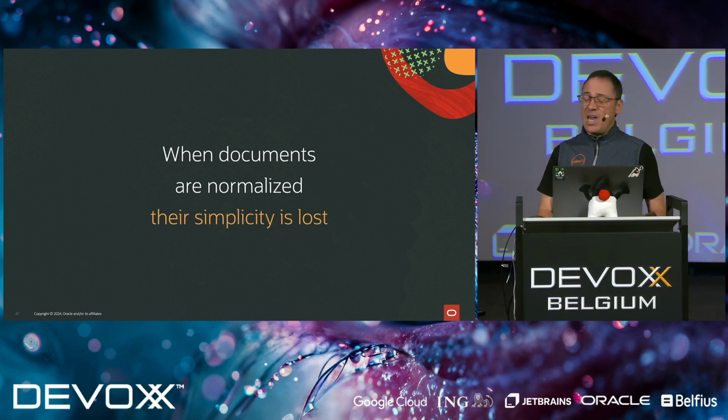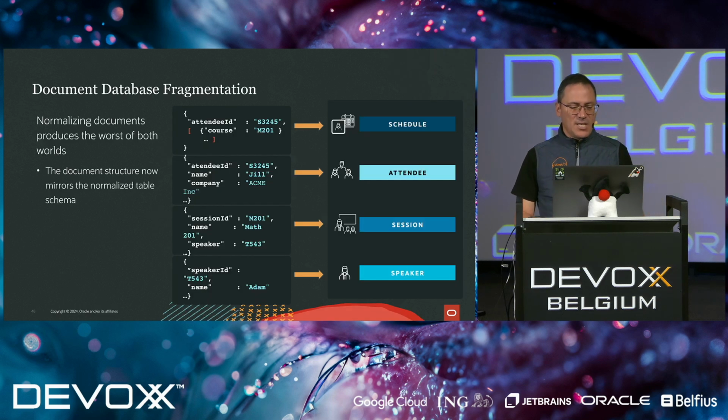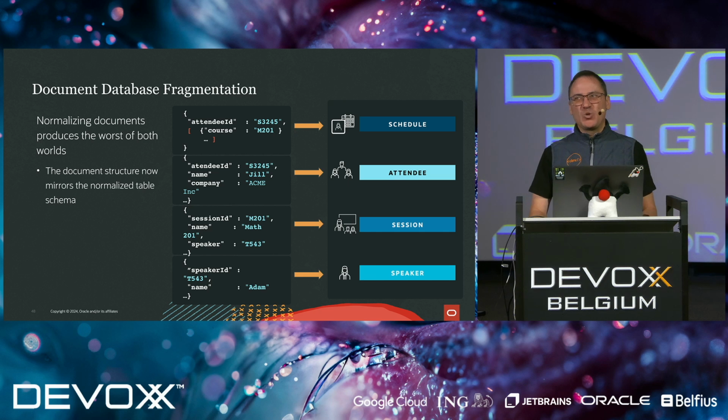And if you have big documents, then it will be very difficult to understand and debug and to test these things. So yeah, don't do it. If someone has asked you to add IDs, multiple IDs to your JSON documents and do some sort of normalization, that's not the way to go.